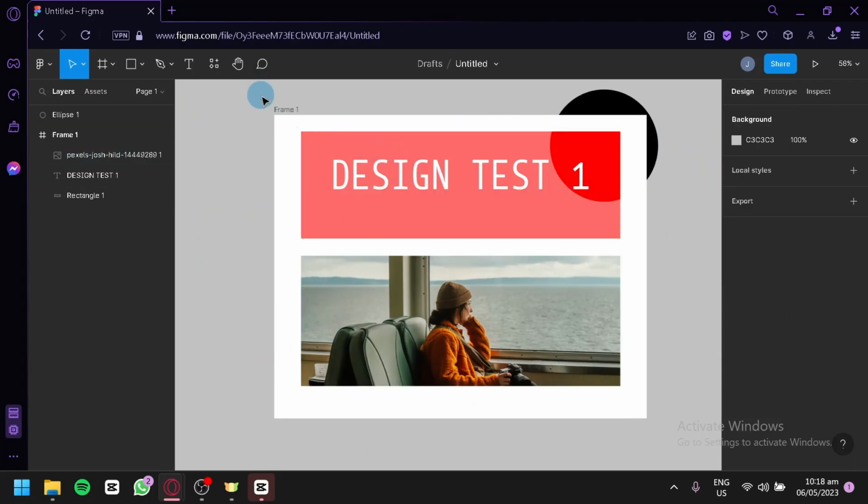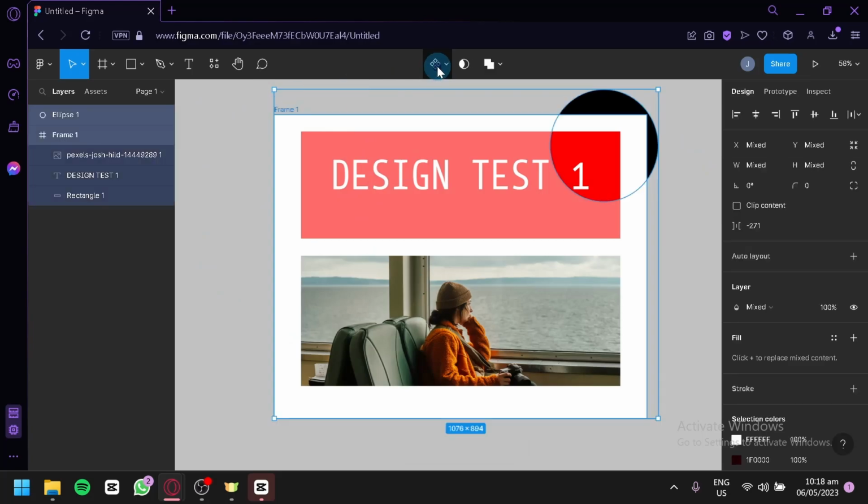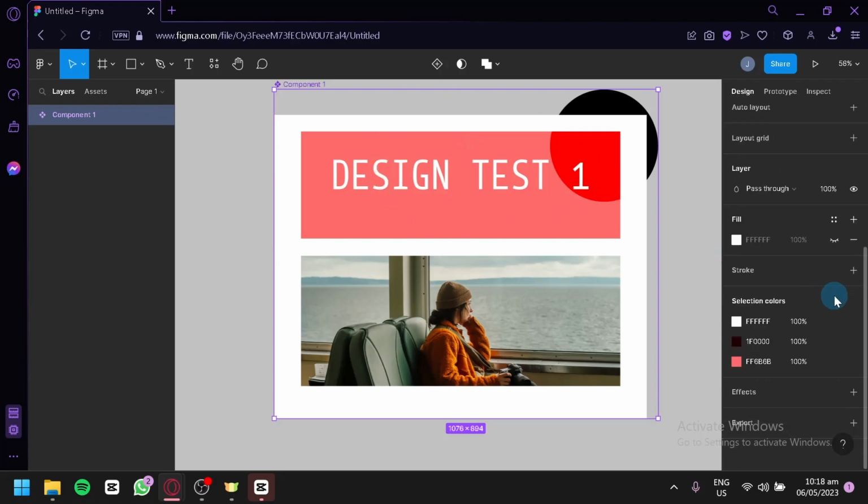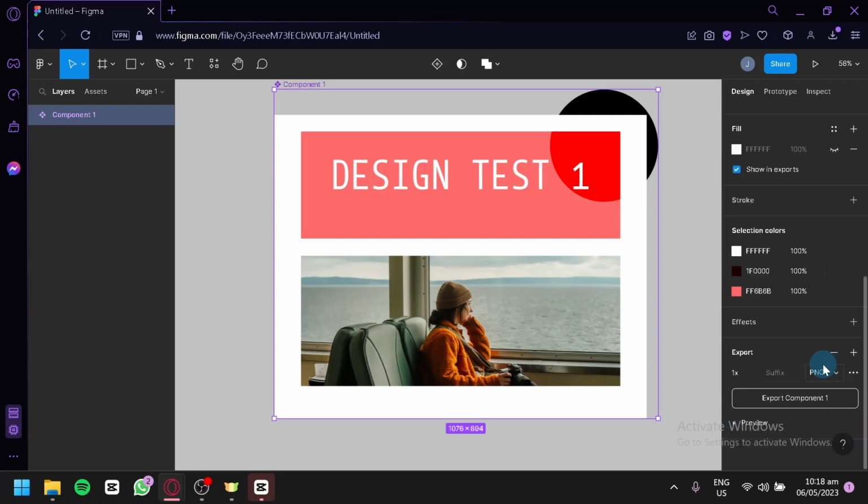Now after creating your design, you're simply going to select all of this, create a component, and as you can see, these are all grouped now. So over here below on the bottom right, you have export. You're simply going to click on add, and you would be able to export the component one, which is all of this, into a PNG. I'm going to click this,